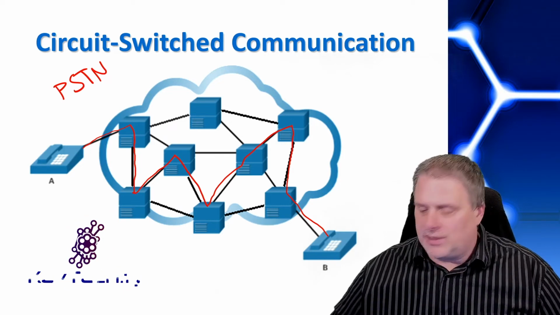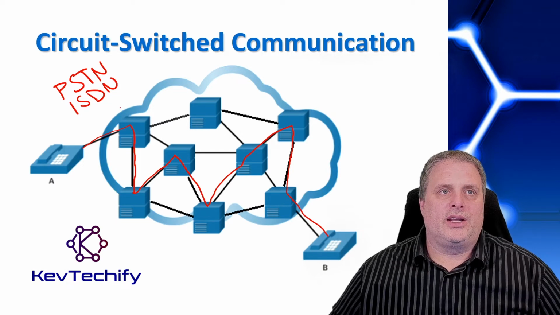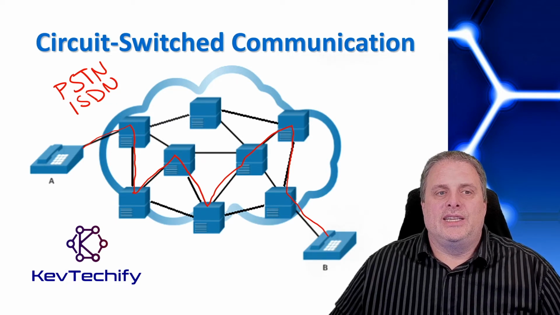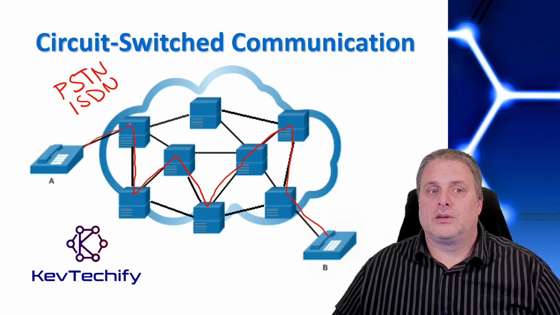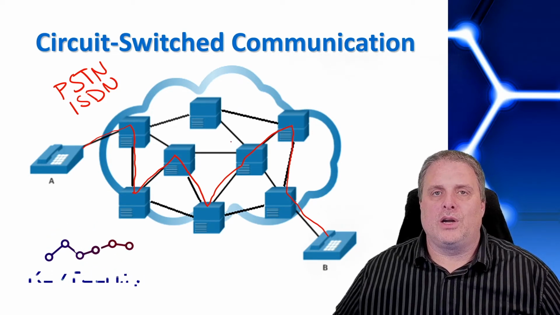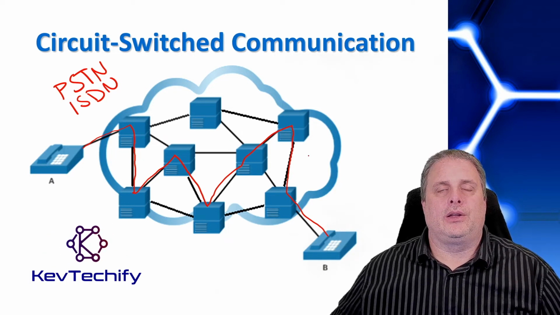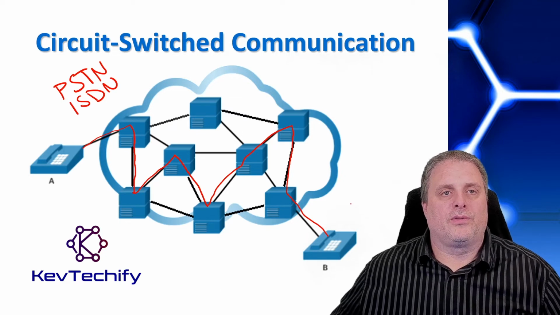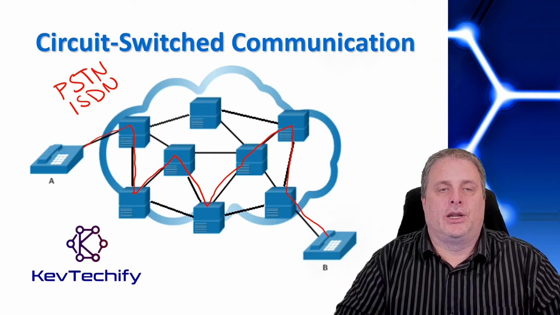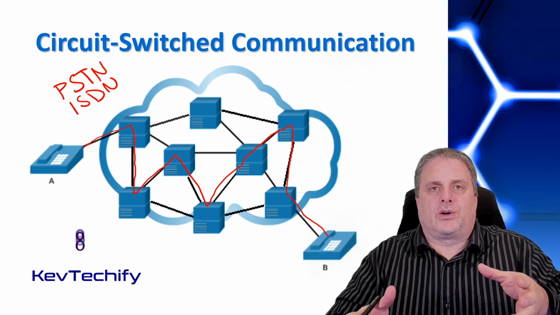The other one here is ISDN, the Integrated Services Digital Network. And what that was is it used the same wires and a lot of times the same switching in the central offices of the phone company. It used the same wires, but it had a dedicated circuit through the network for the duration of the communication session. Now, with this ISDN, we would send communications across there.